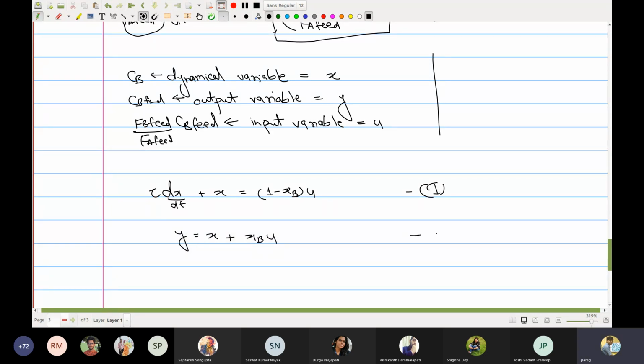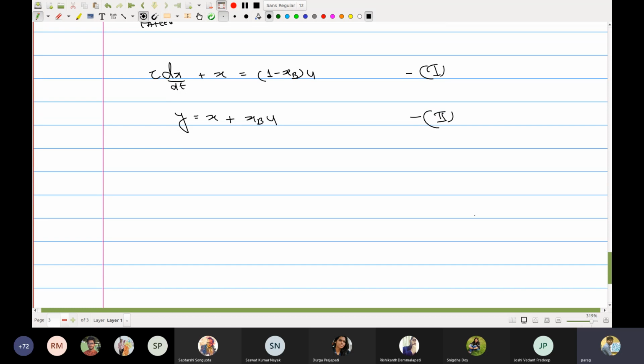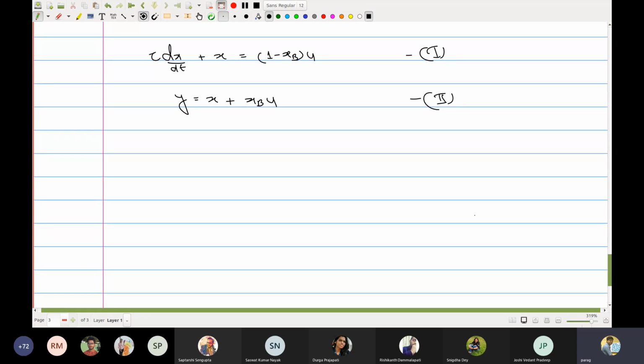Fine. So this is the second equation. Now we have cast our problem in a suitable form so that we can use transform domain modeling. Let me repeat that: by doing this exercise, we have cast our model in a form where you can now use transform domain modeling. So I will take the Laplace transform. Obviously, I assume that you will do a steady state analysis and convert these equations to deviation variable form. That's quite trivial.